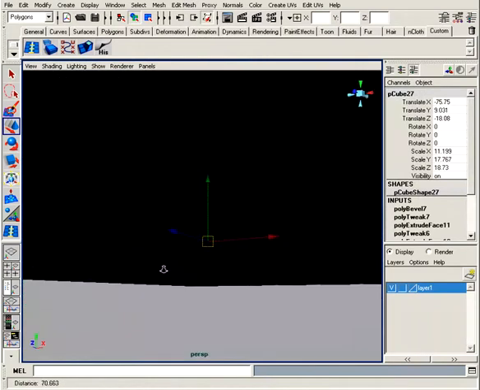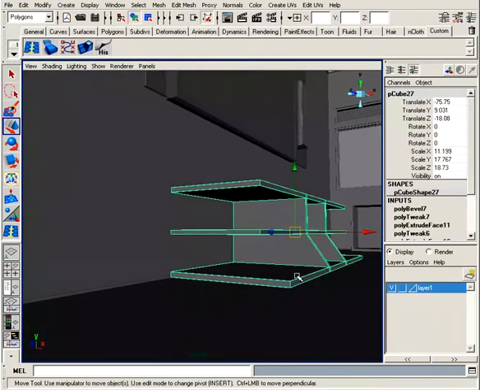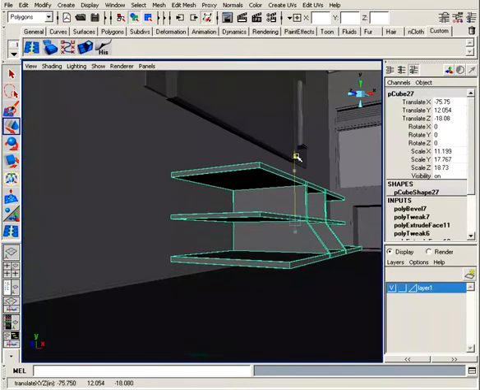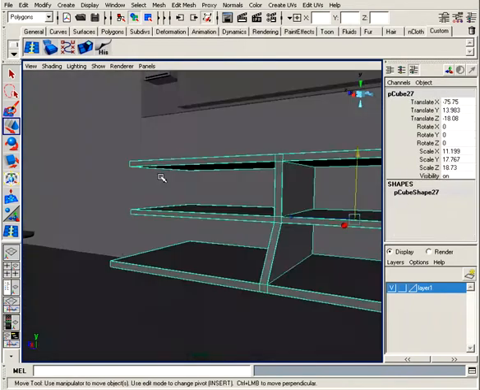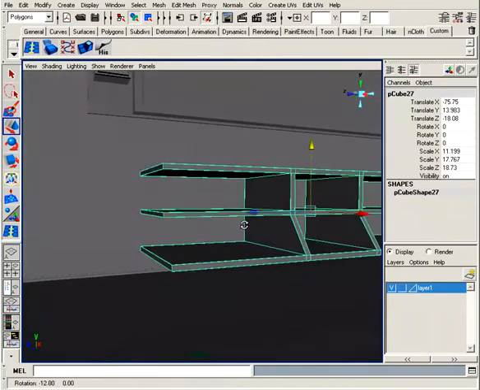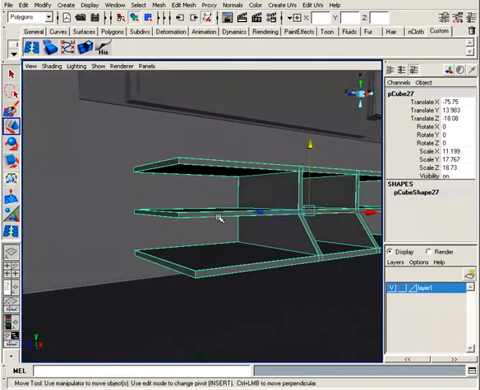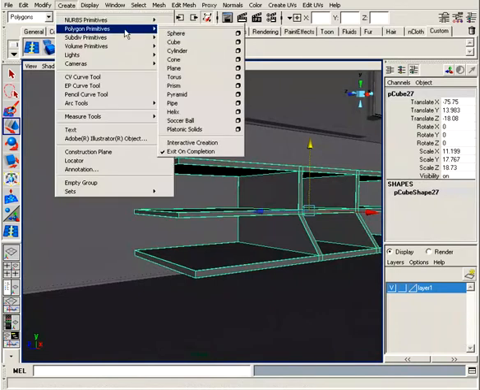Okay, so now what we want to do, I don't want this to be sitting on the floor like this. I want it to be kind of raised up, and we'll make some legs for it. So I'm just going to pull that up a little bit. Let's delete its history. And now let's make some legs that will actually convert to subd surface so we can get a nice curve in them. So we're going to start bringing in another cube real quick